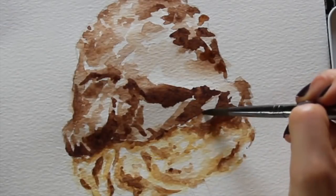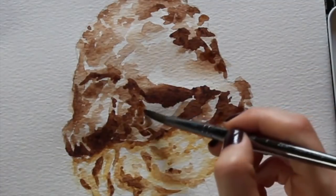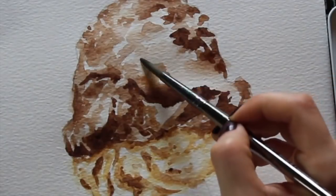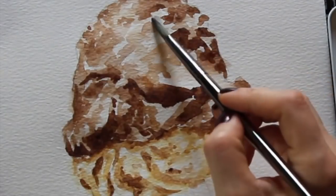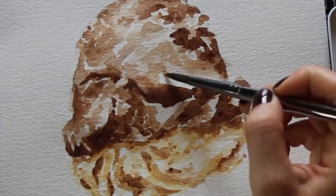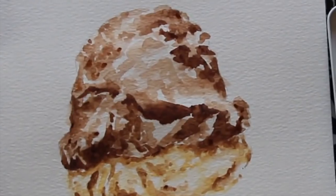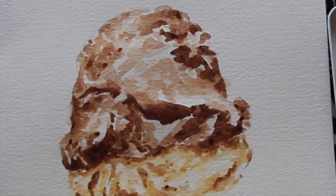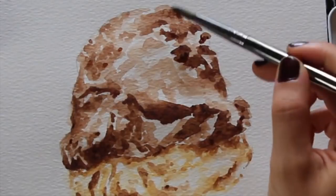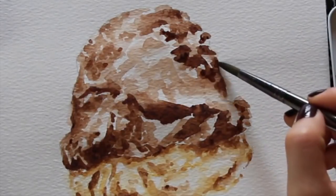So prior to starting a watercolor painting, I highly recommend that you really pinpoint where your highlights are located in whatever kind of reference you're using, whether you're using a photographic reference or something that you have right in front of you and you're painting from life. Really take time to pinpoint those highlights. And once you have pinpointed them, if you need to, map them out in your preliminary sketch and make sure that you're keeping them protected, working around them throughout the entire painting process, because